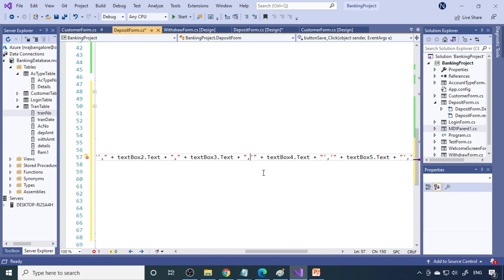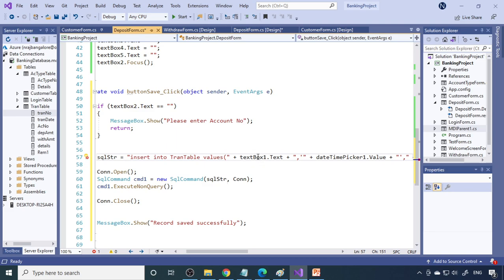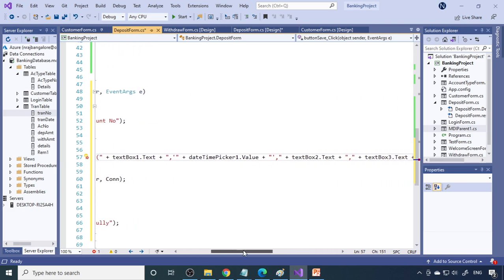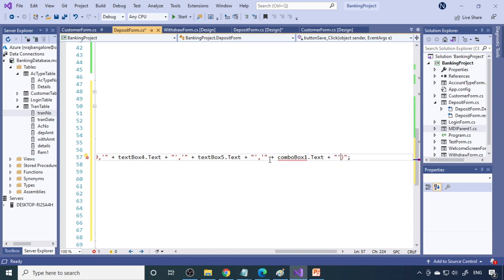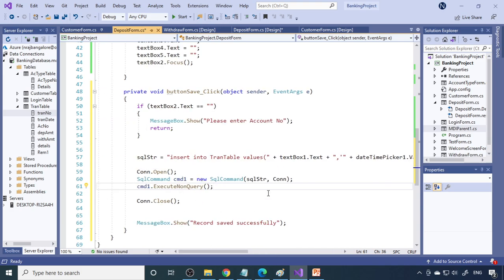4 is a, okay, here 4, this is a deposit, and for deposit both will not be there. Only deposit, so withdraw is 0. Okay, so you can say 0 here. First one is the transaction number. This is the date. So this is the account number. So this is the deposit amount. So withdraw is not there, therefore it is 0. Then the details, it's 4, then the remarks is 5. So this is not required, I'll leave this. Fine. So now we have done the insert statement.